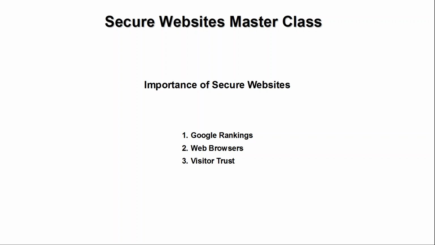Just in the last couple of months, it's gone up a couple of percents. So fast forward another year or two, and there's a very strong likelihood that an overwhelming number of the websites in the top 10 of Google search rankings for any given keyword phrase will be using this secure